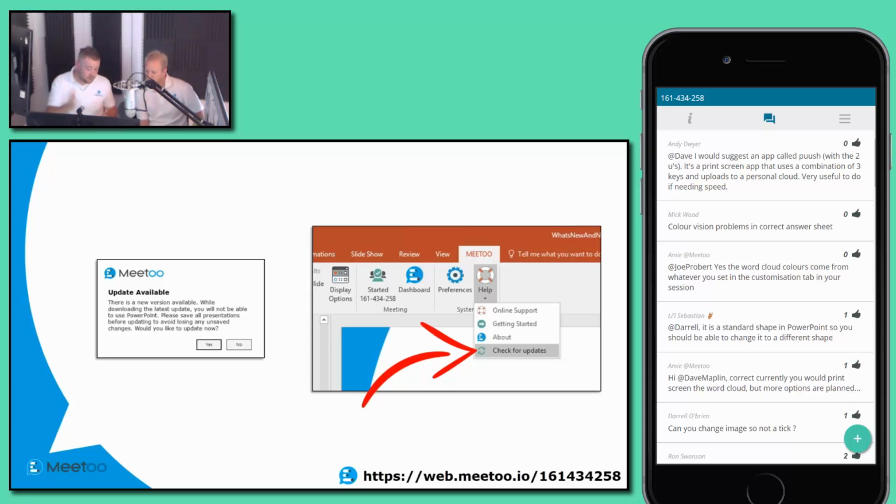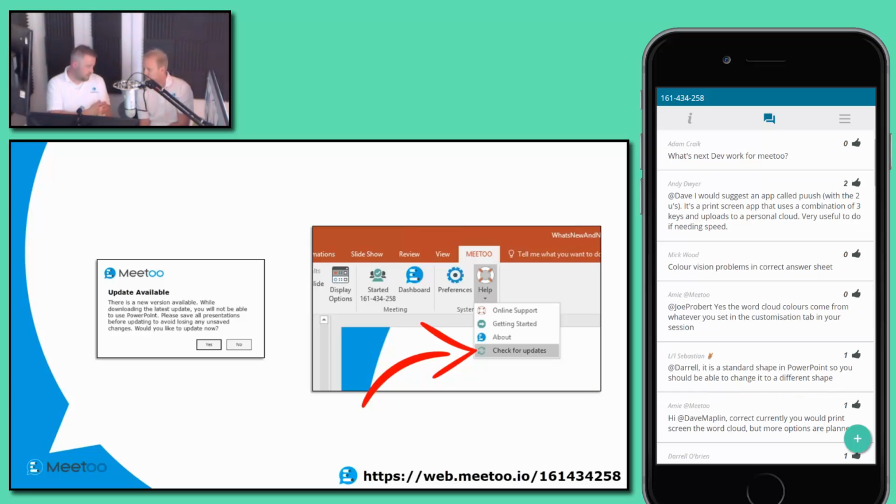If for any reason you didn't want to do it there and then, or don't see it, then you can just go to Help in the Me Too tab and choose Check for Updates. So if you've already got the add-in and you can't wait to set up some correct answers, this is how you do it. Yep, great stuff. And also just a word on the Lite add-in for those Mac users. Yes, so for any Mac users or anyone who uses our Lite PowerPoint add-in, that's also been updated. That's all web-based, so that is there now. You can just carry on and you have that feature, and it works in exactly the same way, really.